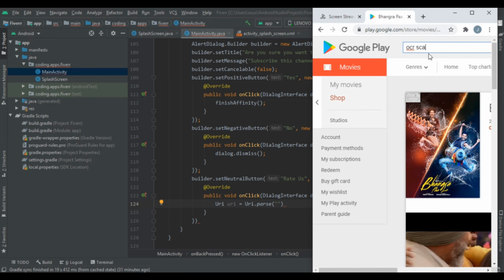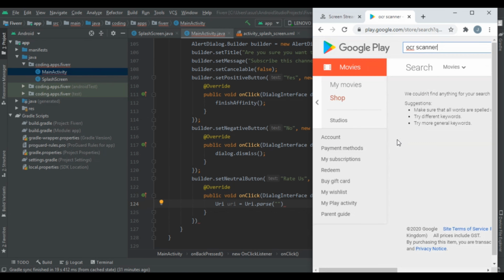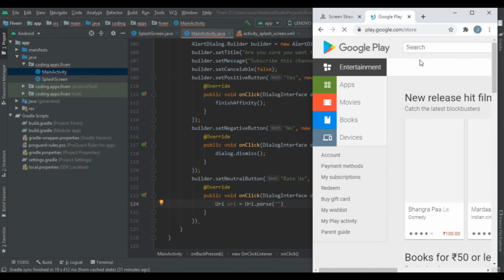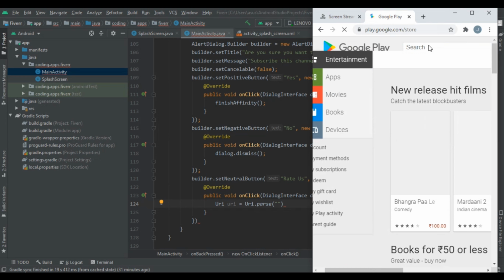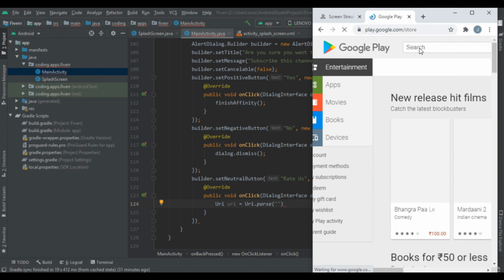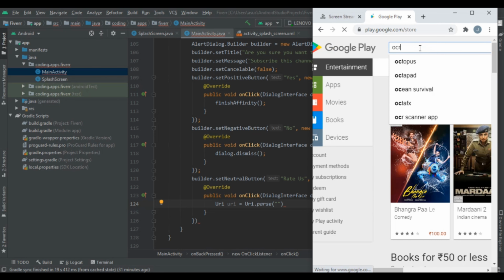So writing text OCR scanner. This is the movie section. So first we are going to go in this and write anything you want. We are going to write OCR text scanner.